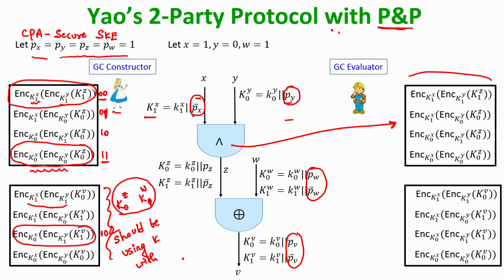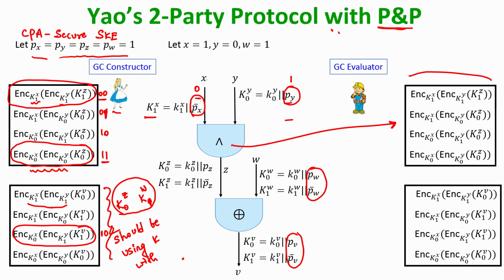He will not be understanding the interpretation of those permutation bits. So, for instance, in this case p x complement will be 0 and p y will be 1, but just because the permutation bit for the x wire is 0 does not indicate to Bob that actually he is seeing the key corresponding to x equal to 0. In fact, he is actually seeing the key corresponding to x being 1, and that is why I said that the permutation bits are completely picked independently of the actual interpretation of the values associated with the wire.